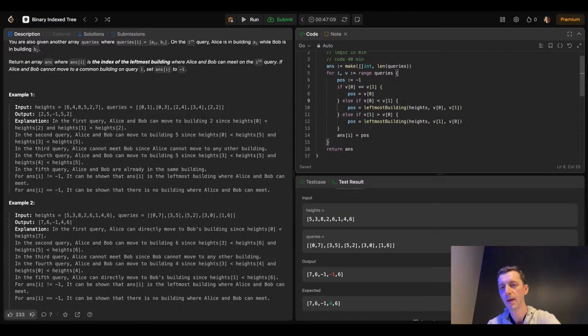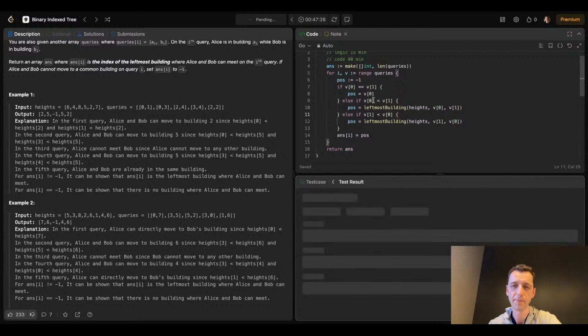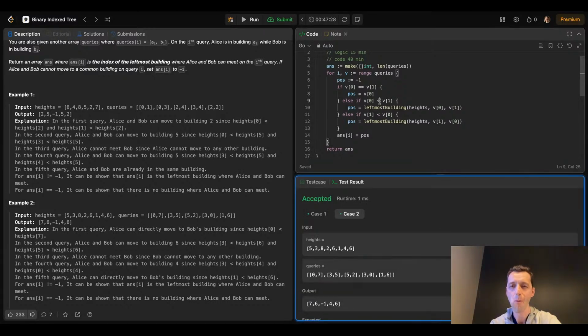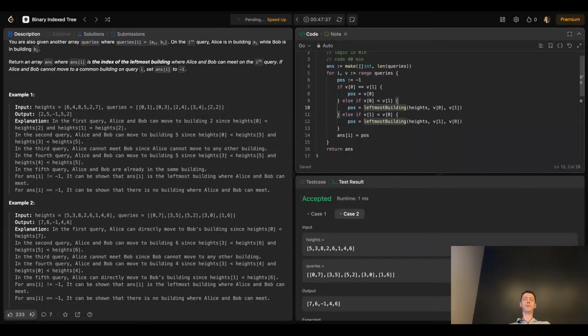Yeah, if B is bigger, it's like that. If A is bigger, it's like that. Yeah. And we probably should, yeah. Okay, now let's see if it works